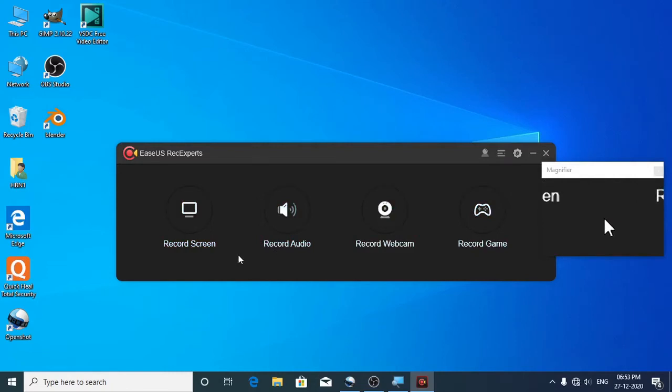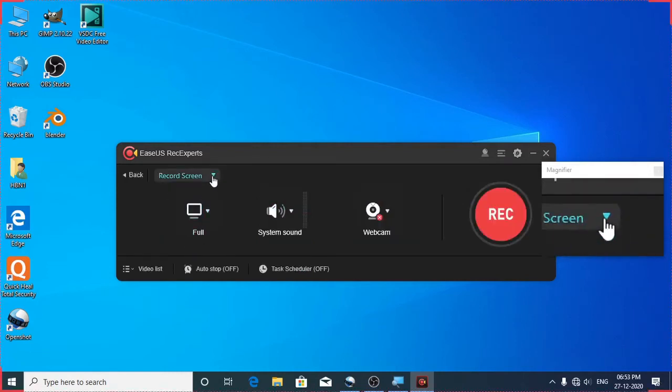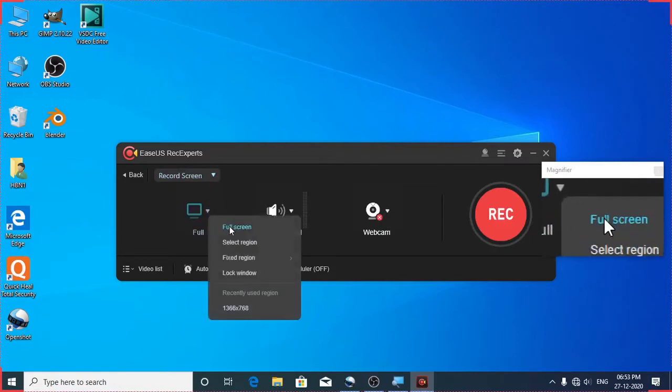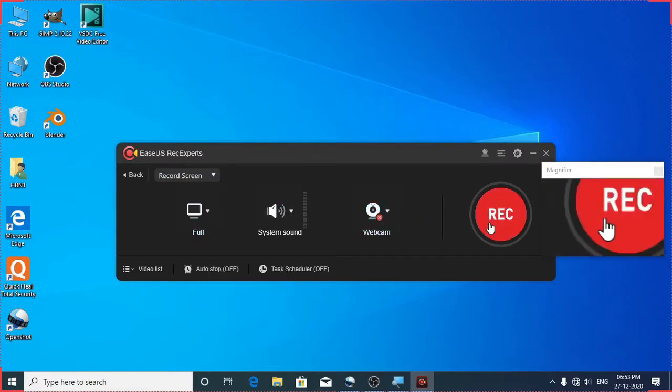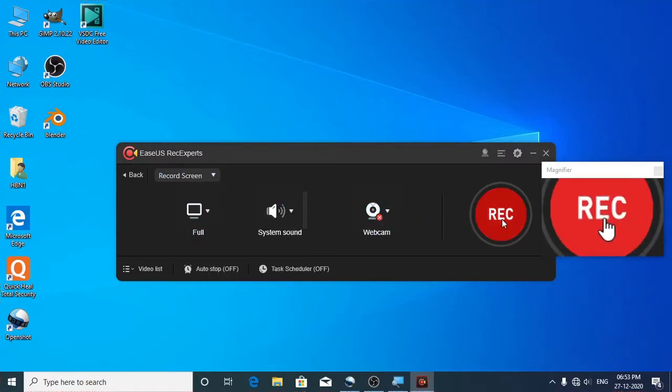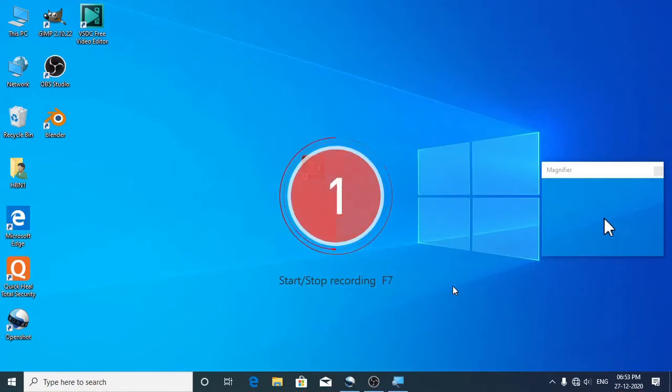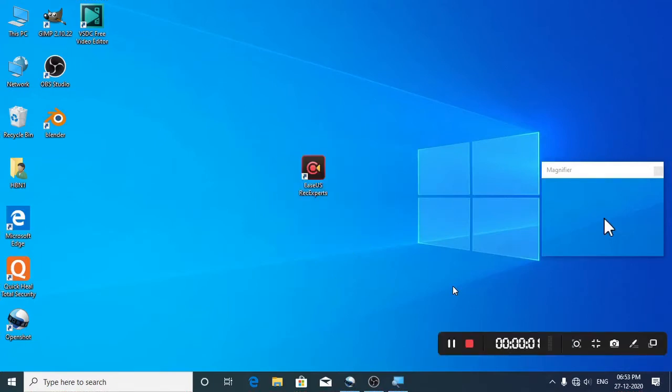To record the screen, click on Record Screen. Then, to record the full screen, you can select Full Screen and then click on the Rec button. The recording process starts after a countdown. So now whatever you do is recorded.